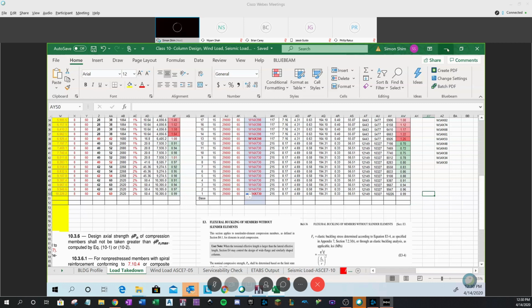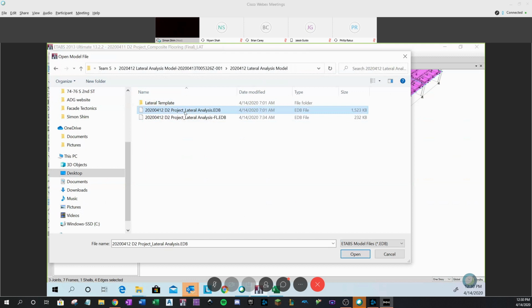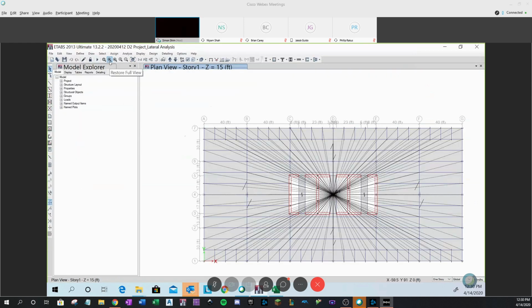Okay. I'm going to open the lateral model. I think this is what we're doing. Maybe I could have another session on this on Thursday, because the lateral system is